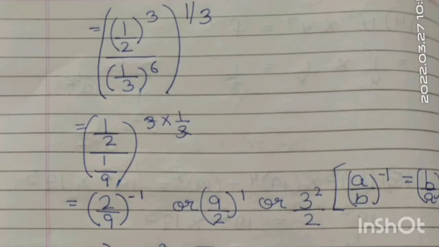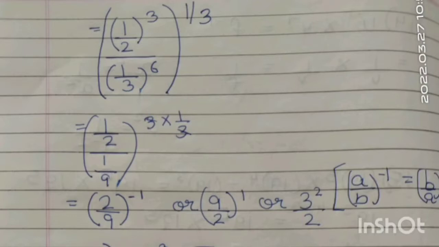So 3 and 1 by 3. By the power law, we can multiply 3 and 1 by 3, so it will result in exponent 1. So 1 by 2 divided by 1 by 9 to the power 1. It is the same as 2 by 9 to the power minus 1, because here we have a positive exponent,